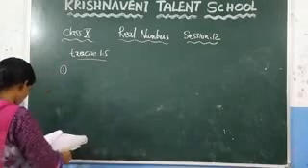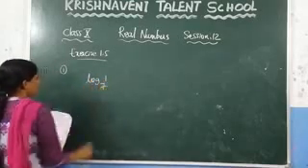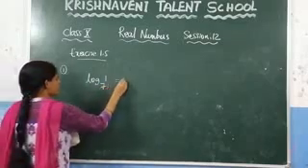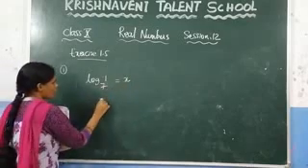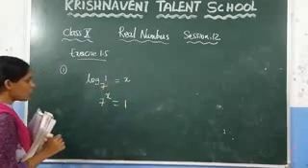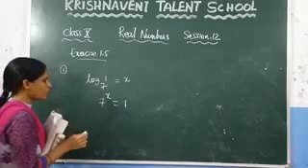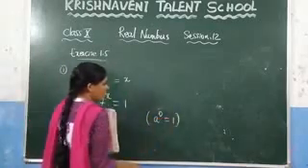This is an important question. Log 1 to the base 7. You need to find the value of this one. So here let us consider this value as x. Now this one you can write as 7 power x is equal to 1. You need to find the value of x. Can we write 1 as the base 7? Yes, we can write, because you know that anything to the power of 0 is always 1.